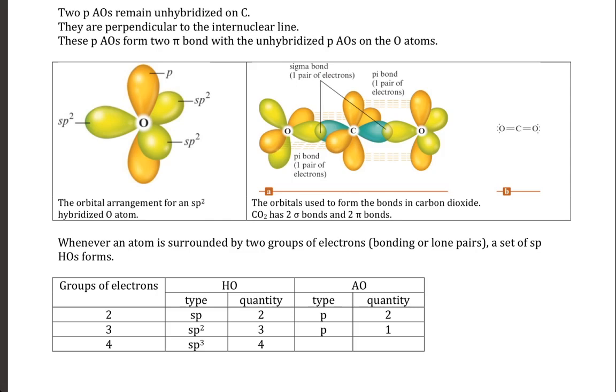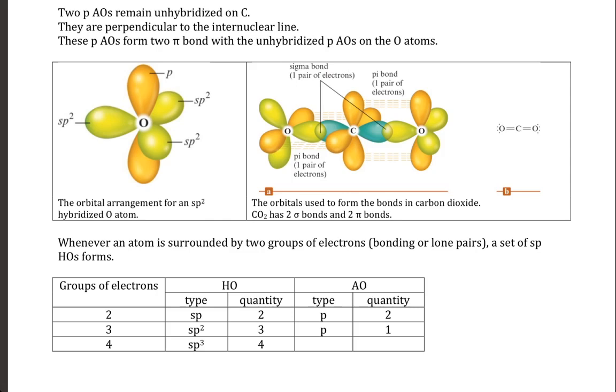In the diagram on the right side, we show carbon in the middle with its hybrid orbitals, shown in that green color, and then with orange the 2 p atomic orbitals on it, 90 degrees from each other. So there we have a lot of information, and we get pi bonds between the C and the O